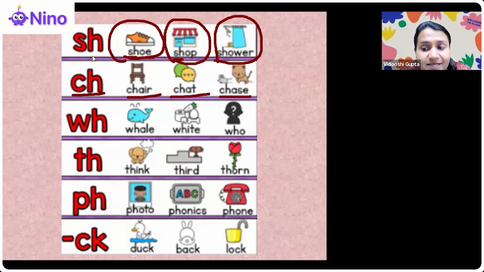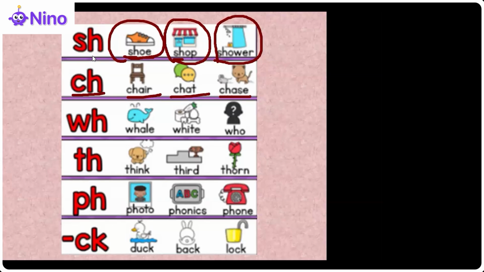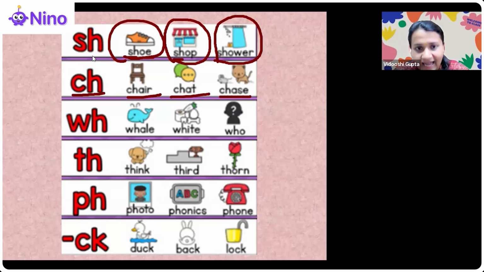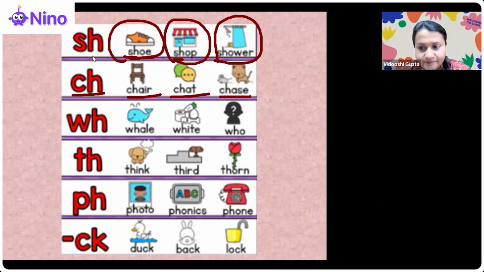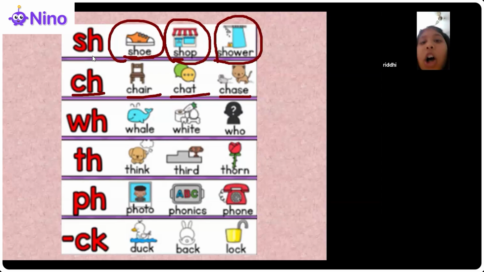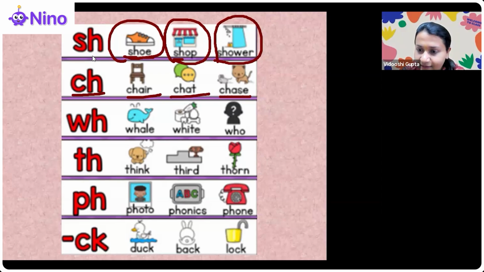So Arohi, tell me something with the ch digraph. C and H. Ch. Acha, what is it that we all like to have, keep munching in between? Chocolate. Chocolate, yes, and also a packet of chips. Chips. Do we all like to eat chips? Yes. Okay, very good. So chocolate, chips. Great. Chocos. Ma'am. Chocos, yes, very good.